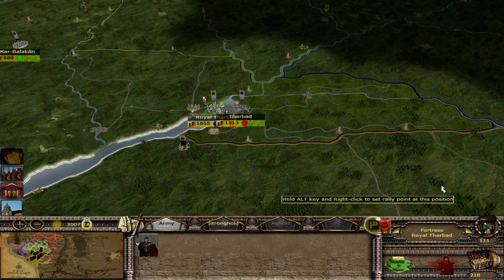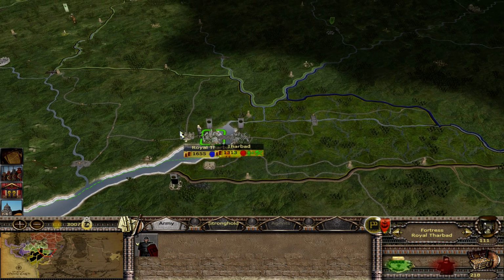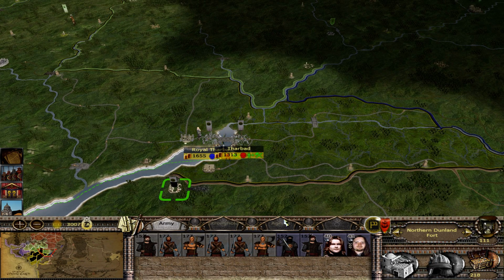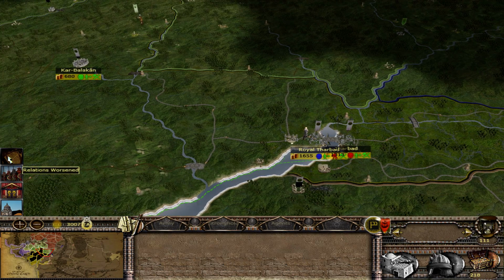The only reason I keep banging on about the financial scroll is because this is the first time I've seen it update in the way that it is at the moment. Normally when I move troops into a fort and the upkeep is taken into account, it will knock off that upkeep from the projected. But this time it's not doing that. What it's doing is showing me at the very beginning of the turn how much more money I'm going to have from the last turn, as my understanding. So in this turn I have spent 2,493, but normally it doesn't actually do that. And it will update on a rolling basis.